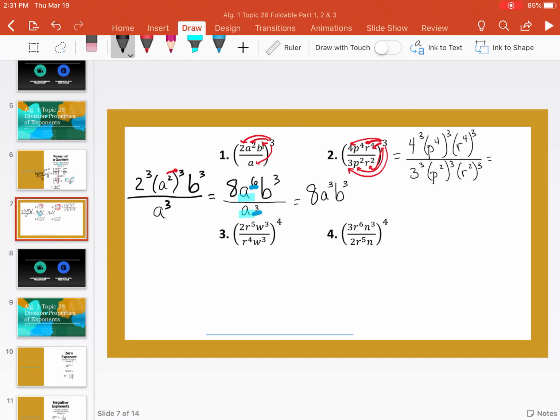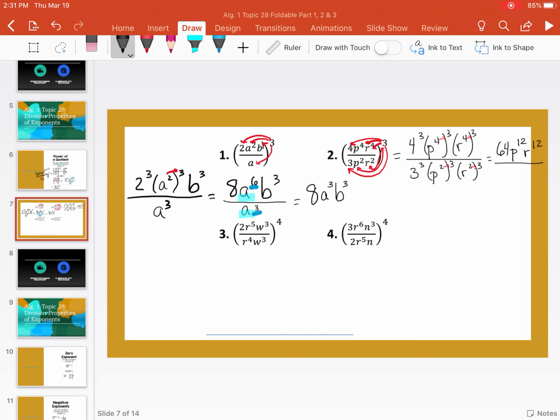So 4 cubed is 4 times 4 times 4, which is the same thing as 64. Now when we have a power raised to a power, we're going to multiply them. So we're going to do that for all of these, actually. 4 times 3 gives us 12. So this is p to the 12th, r to the 4th to the 3rd, power to a power, also r to the 12th,